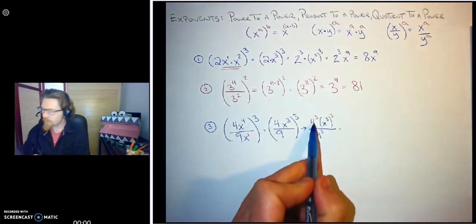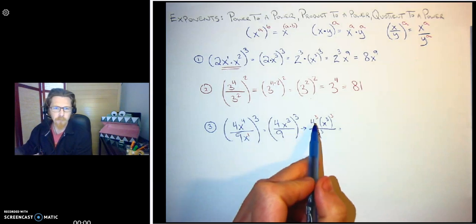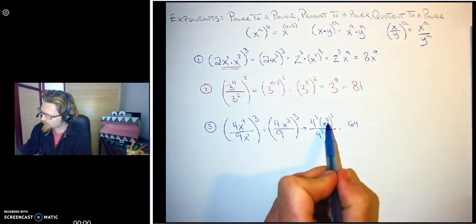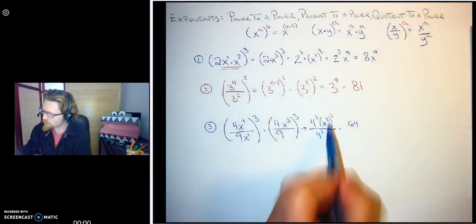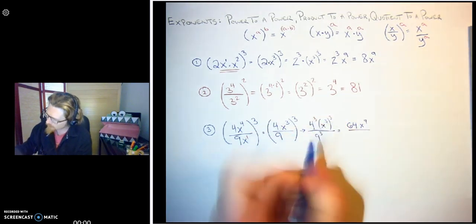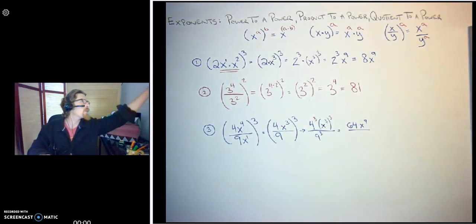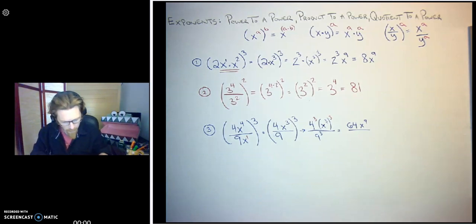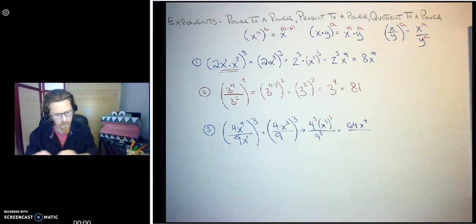So I can kind of evaluate the numbers. I know that 4 to the third power has a value of 64. This is a power to a power rule, so 3 times 3 is 9. And 9 to the third power, well, 9 times 9 is 81, and 81 times 9 is equal to